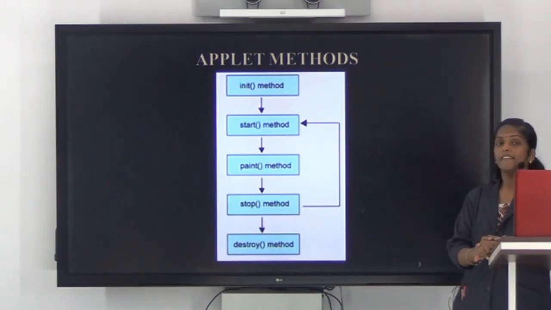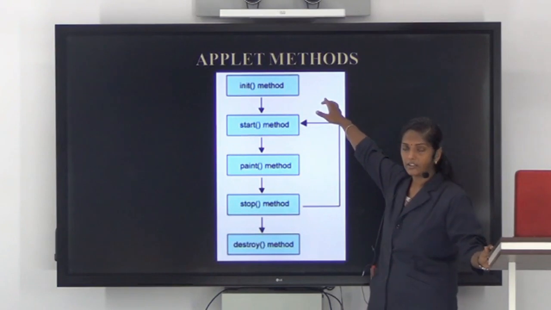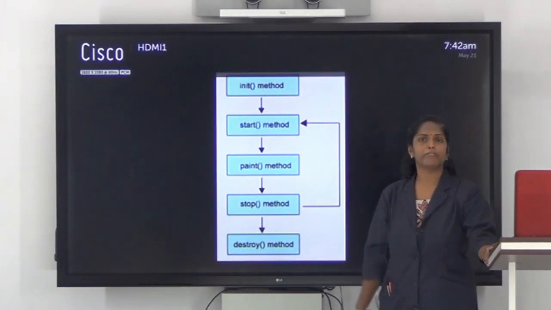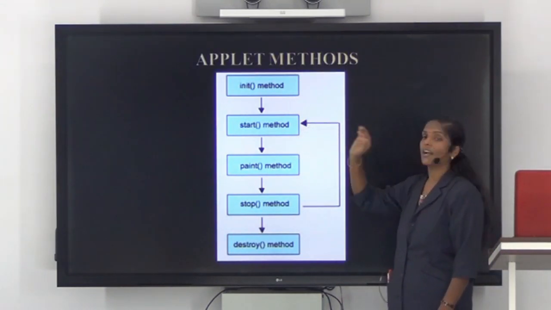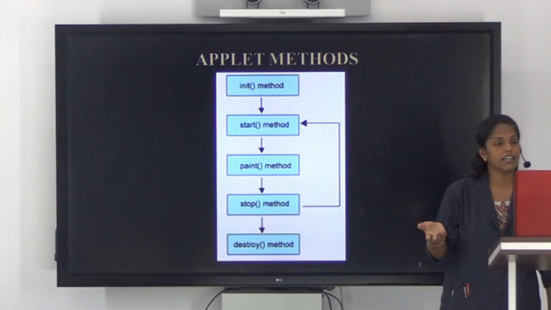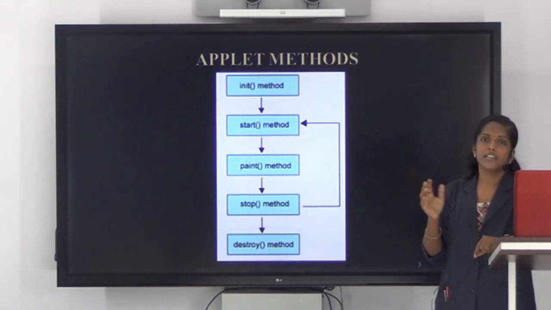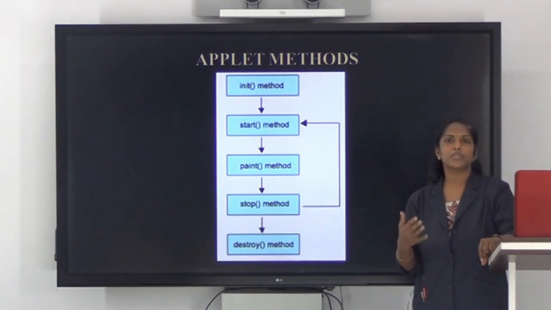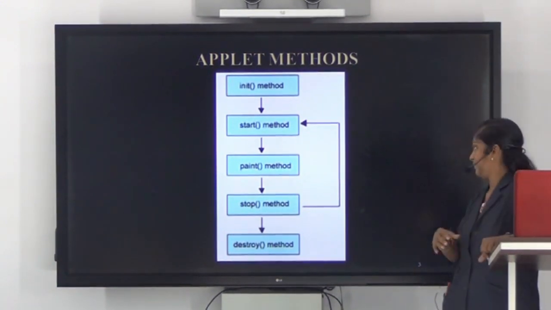The applet viewer will call the init method first. So this is the first method which gets called automatically. In this init method, we will perform any kind of initialization. Init method will call the start method. This method is called when we start an applet or when we resume our execution. Paint method is used if we want to draw any kind of objects to the applet container.